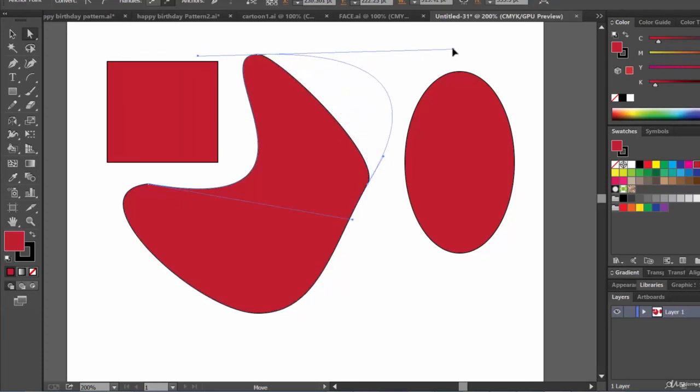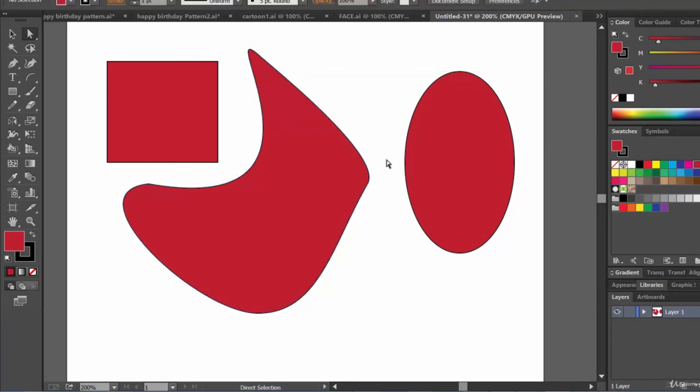And what is this anchor handle? This anchor handle controls the curvature of a path and it works like a magnet. So when you drag it outside, the curve is going outside, and if you drag it inside, the curve is going inside, just like this. Okay, so this is the main concept of anchor handle and anchor point.